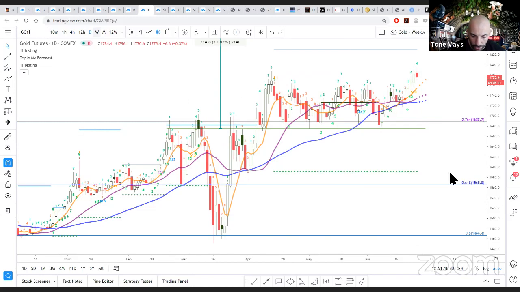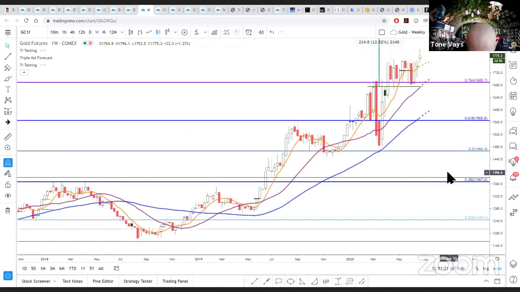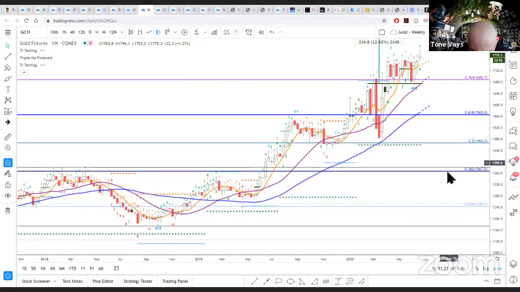If I go over to the weekly chart, the week is looking great. It is a new high close for the week, assuming the week ended today. It is a new swing high, obviously, for the week, assuming the week, well, it doesn't matter. The swing high is the swing high.